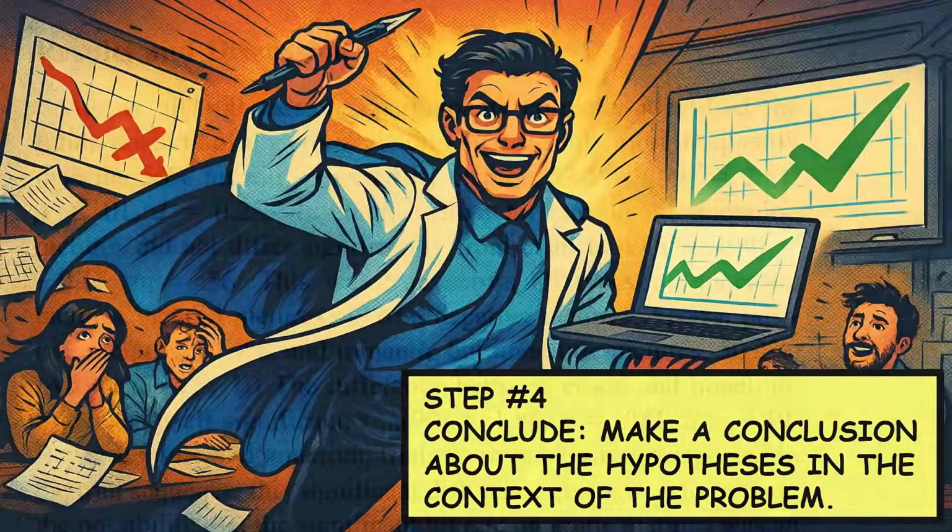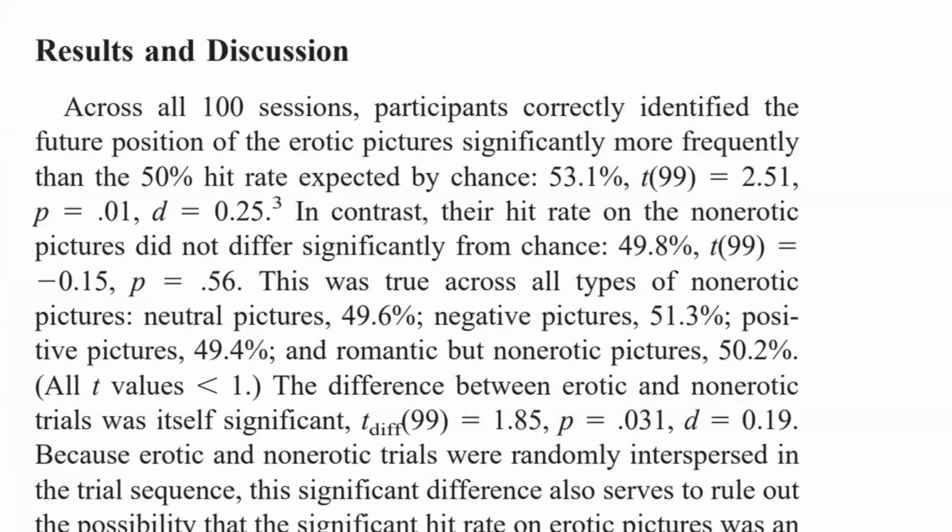All right. So now, what about the non-erotic pictures? Well, this is what Bem had to write about the non-erotic pictures. In contrast, the subject's hit rate on the non-erotic pictures did not differ significantly from chance. They scored 49.8%. T with a degree of freedom of 99 equals minus 0.15. P equals 0.56. So we're going to go through this calculation now, just again to show you how this works,